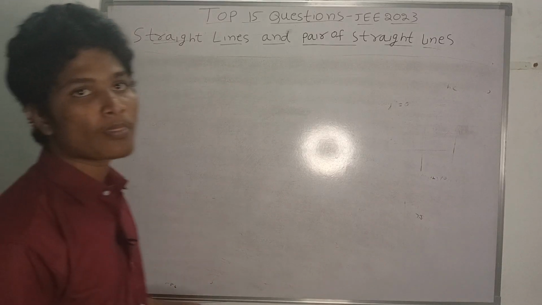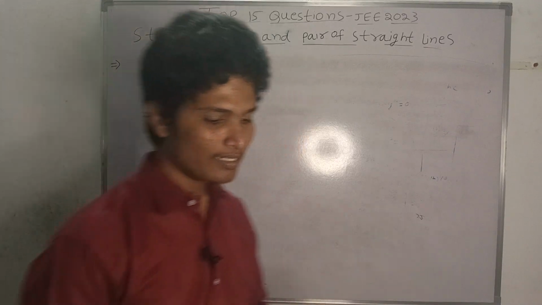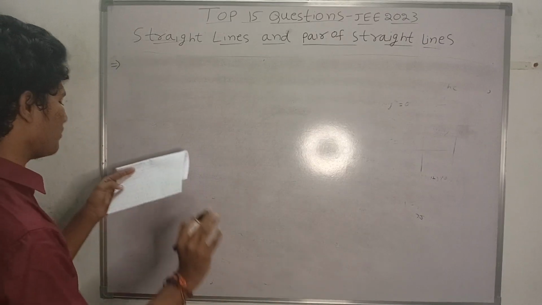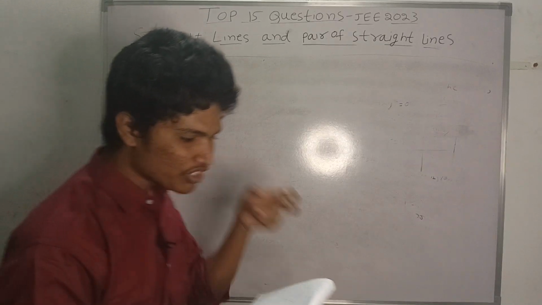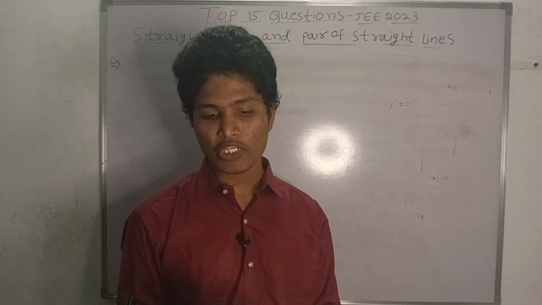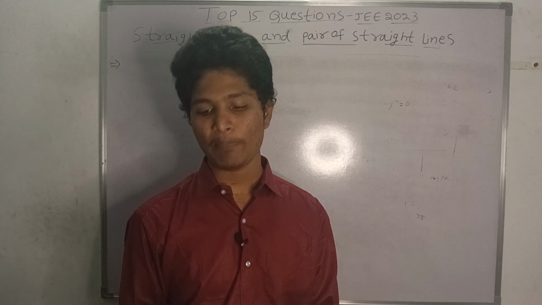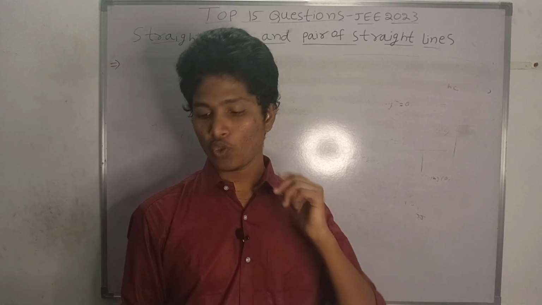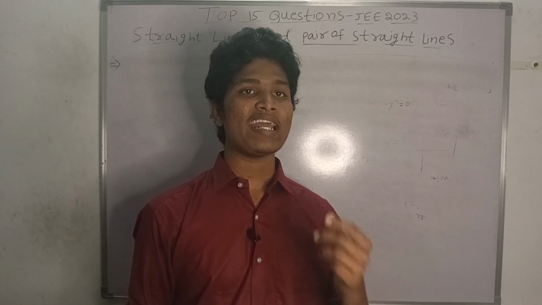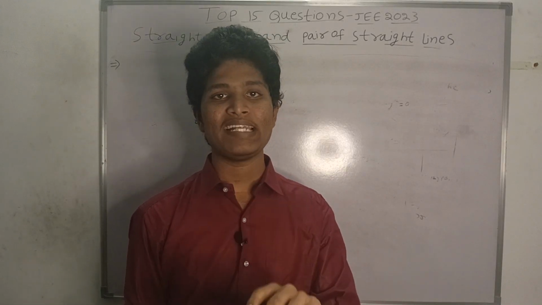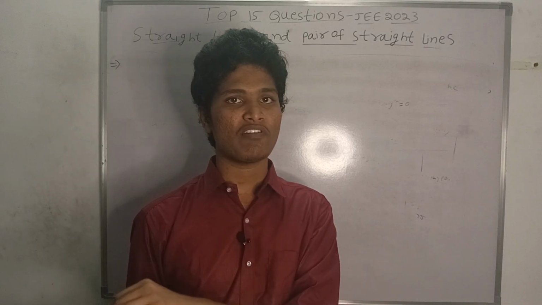Same type. There is no difference, but they changed the equation, but the remaining total is the same. They are saying that I will dictate the question. The combined equation of the two lines, ax plus by plus c equal to 0 and a dash x plus b dash y plus c dash equal to 0, can be written as, I already said, when you are given two lines, you can write it as ax plus by plus c into a dash x plus b dash y plus c dash, that is multiplication, equal to 0.